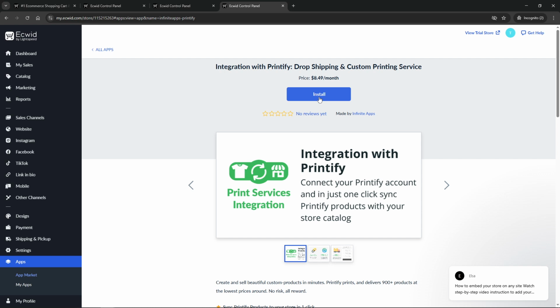And that's it, you've successfully connected Printify to your Ecwid store. This integration opens up a world of possibilities for customizing products that can enhance your store's offering and hopefully boost